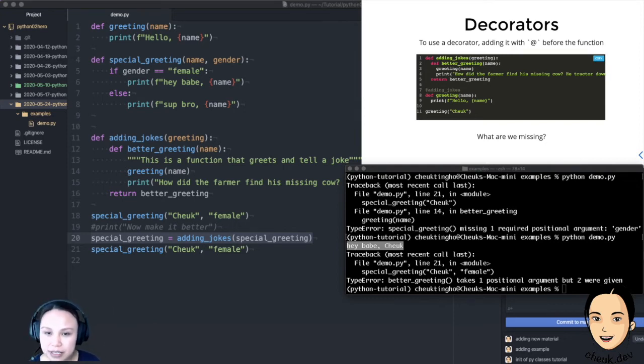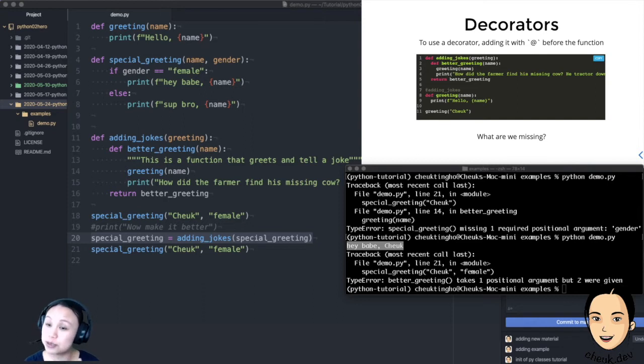We still write adding jokes as before, and we would deal with that parameter problem later, but instead of assigning it again, which is not very Pythonic,